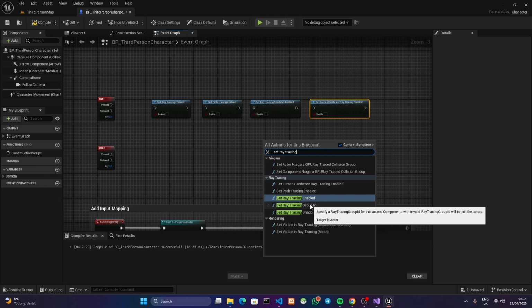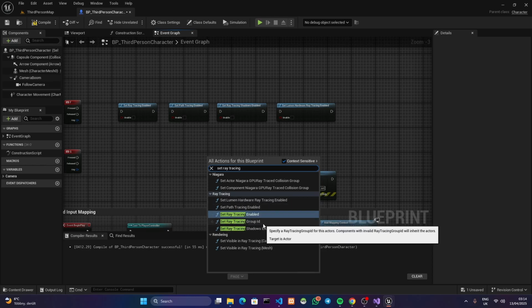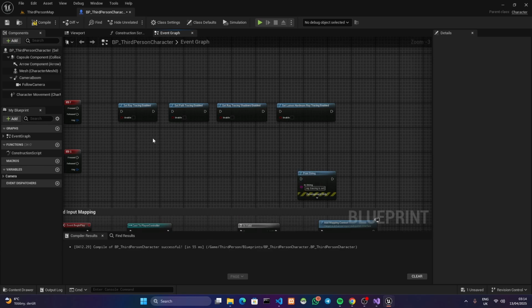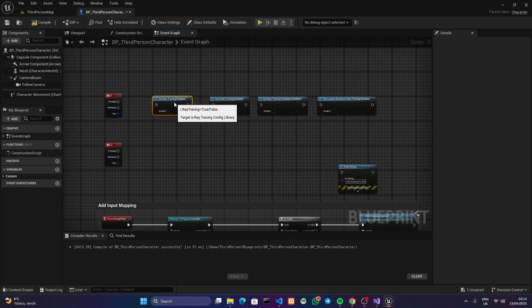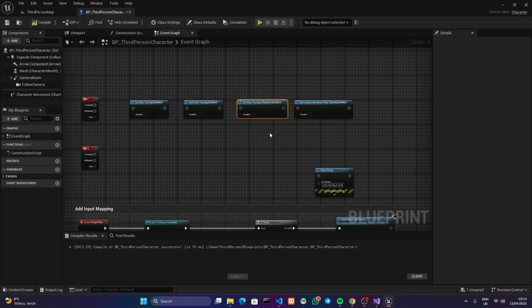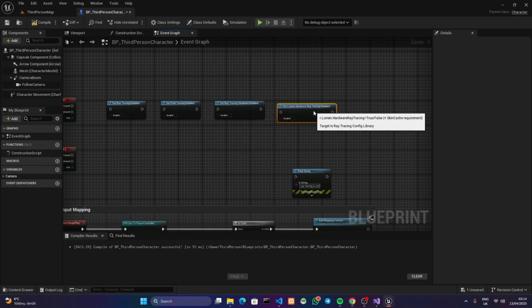This is a default node that's coming with Unreal Engine, right? So it doesn't belong, but the rest of the ray tracing nodes, these ones, are my nodes. Okay, so except the group ID, now you have this one, this one, this one, and this one. So basically this enables or disables hardware ray tracing whatsoever. This controls the path tracing, this controls the ray tracing shadows, and then this is controlling the hardware ray tracing